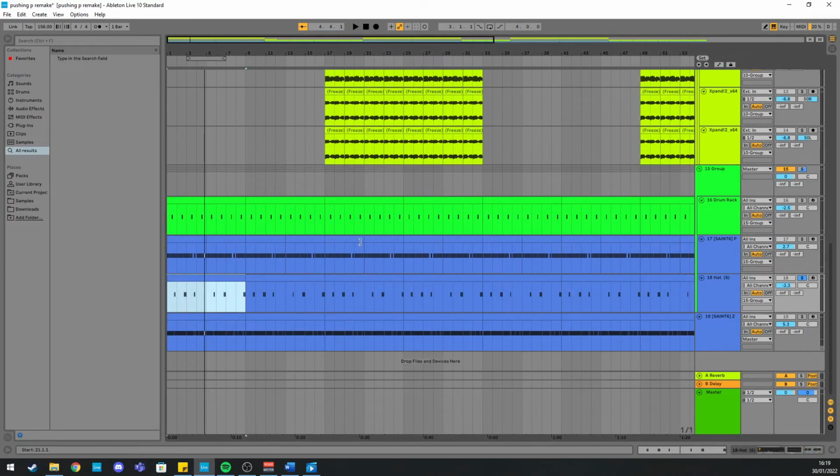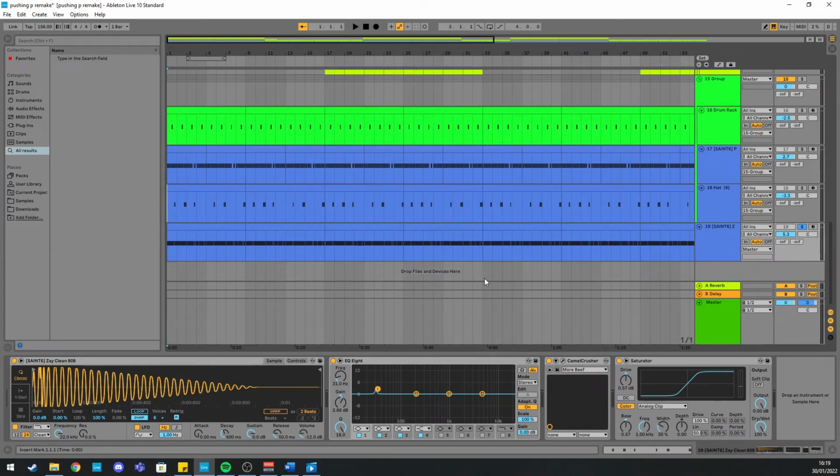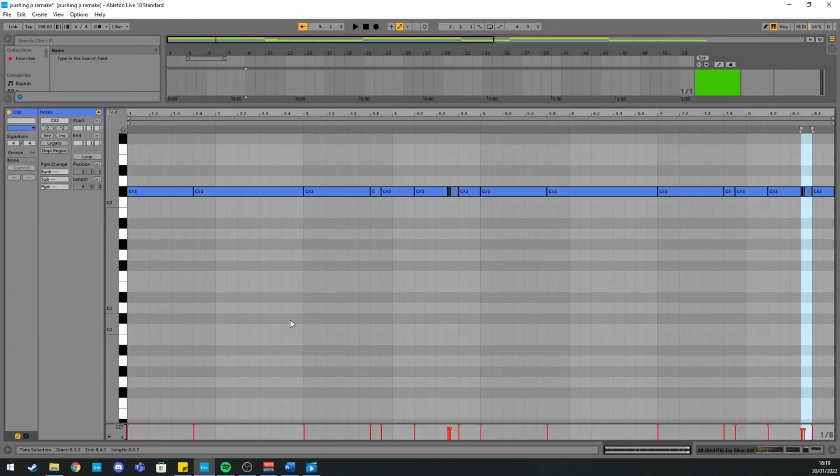The final drum or 808 sample we have is the Say 808, a very classic boomy sounding 808 here. I've applied a small amount of EQ just to boost some of the lows. I've also added a Camel Crusher, which just gives it a bit more beef, and then some saturation, which again just brings up a bit more of the highs and makes it sound a bit cleaner in the mix. So that is playing this pattern throughout the whole song.